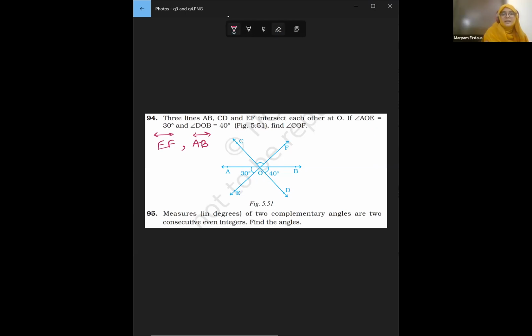Let's read the question. They want you to find angle COF. How can you find angle COF? There is one way of doing that, that is if we find its vertically opposite angle. Okay. What does that mean? It means that